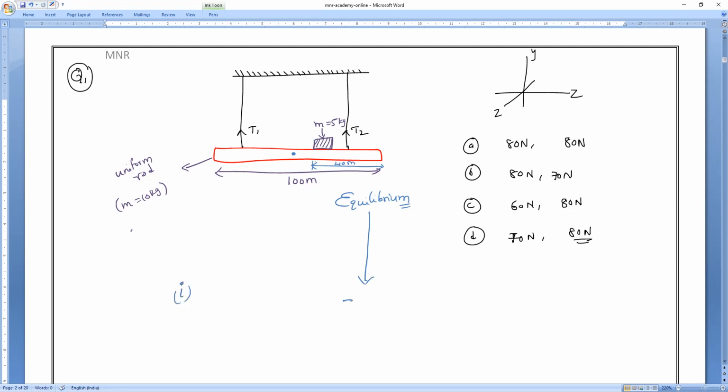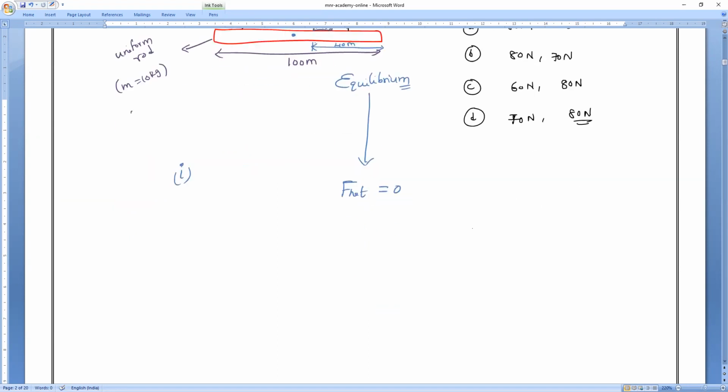Step 1, all of you remember. F net will become what? If it is equilibrium, F net is 0. Am I right or wrong? Yes, 0. So if I imagine that this is the body, it is the